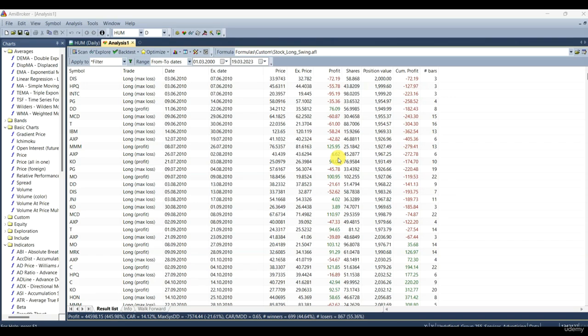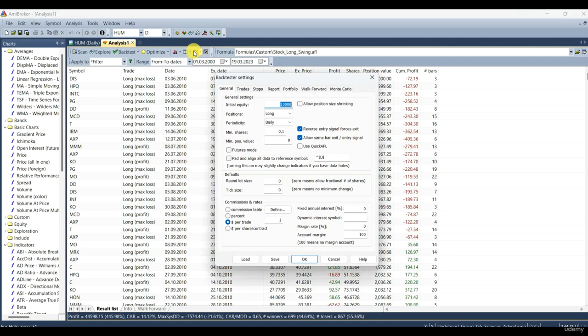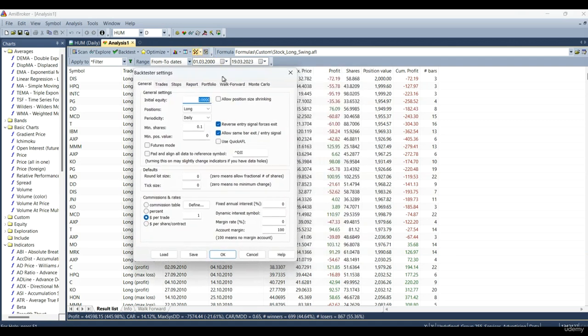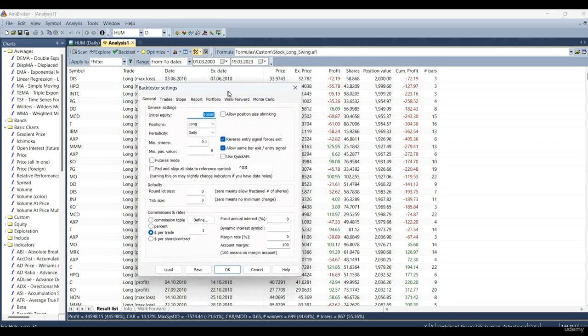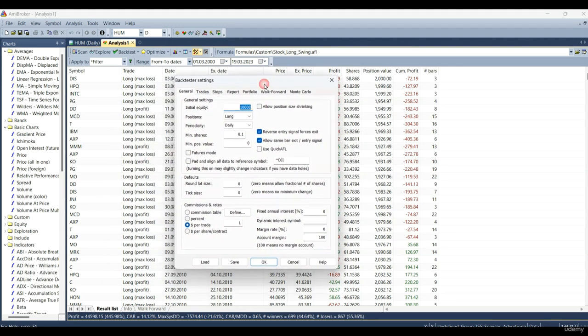Now let's make 3 more adjustments to our backtest. First is very easy. Let's go to backtester settings and here, round lot size. This is rounding the number of shares we are holding or the backtest buys. You can see that shares, this is the amount of shares the backtest bought, and 43.8, 58.9, that's not real